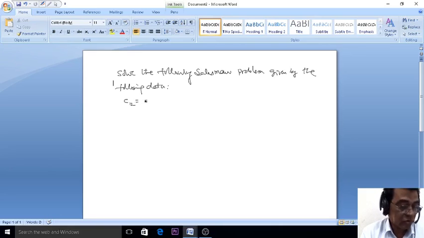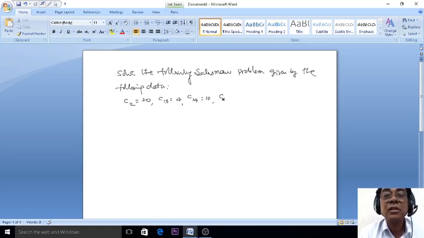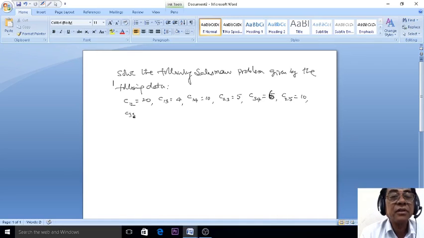C12 equal to 20, comma, C13 equal to 4, comma, C14 equal to 10, comma, C23 equal to 5, comma, C34 equal to 6, C25 equal to 10, comma, C35 equal to 6, C45 equal to 20,